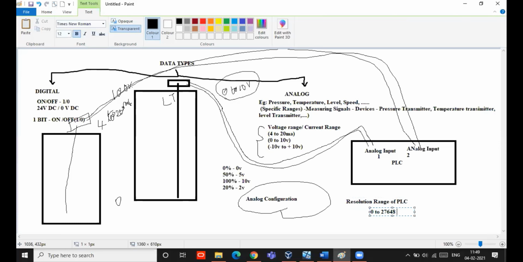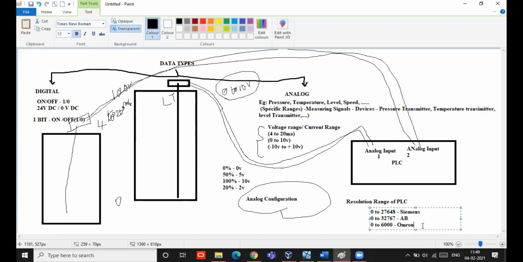Now, if I have some other brand of PLC, let's take Allen Bradley PLC, the resolution range will be 0 to 32767. This is for the AB PLC. Like that, for different PLCs, there will be different resolution ranges. If it is an Omron PLC, it will be 0 to 6000.